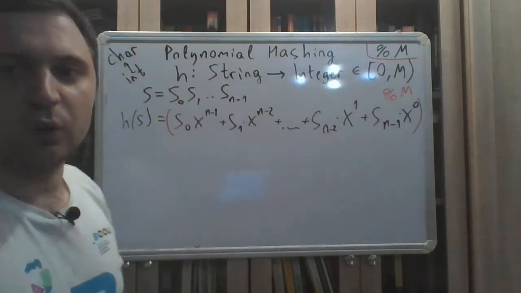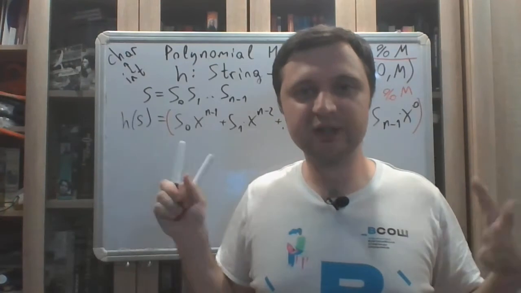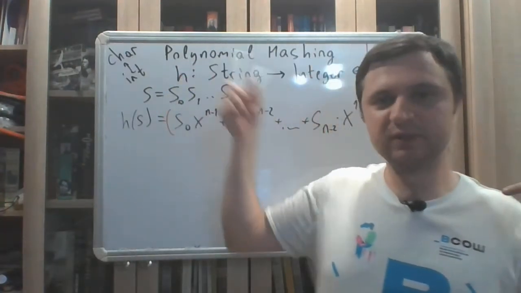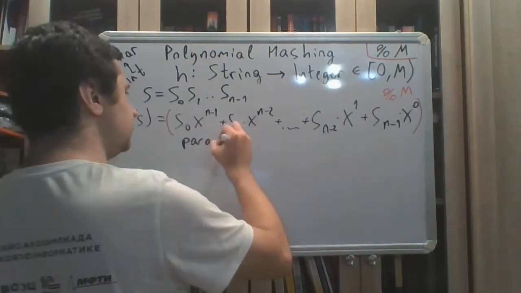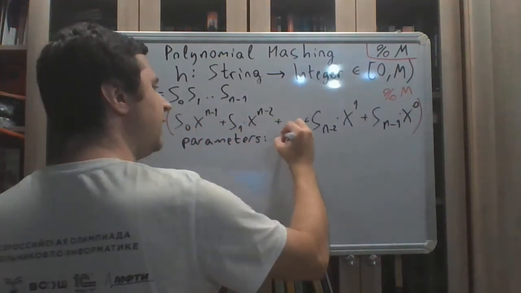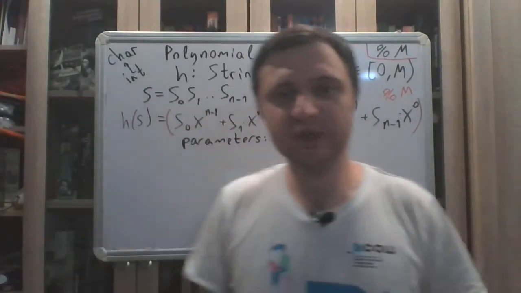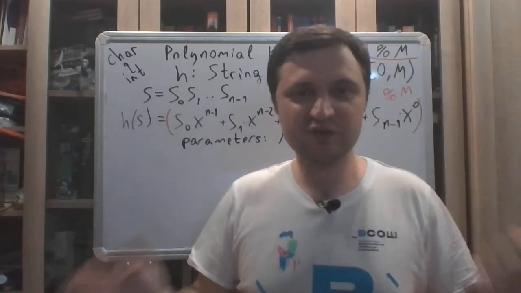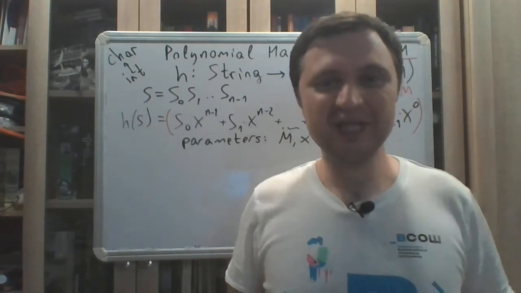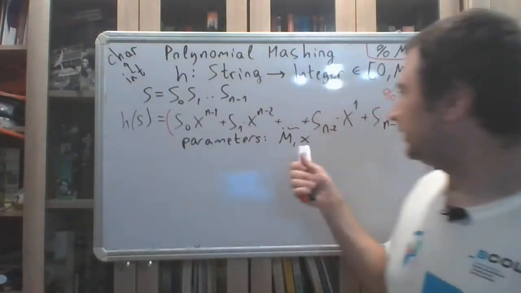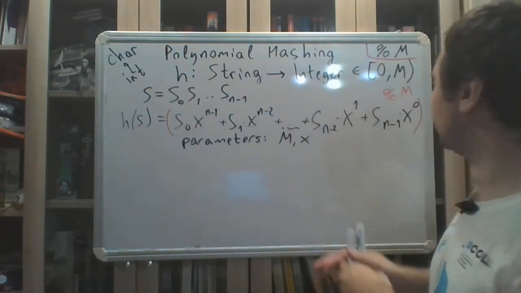All right, so when we say that our strings are hashed by this system, the polynomial hashing, we should just select parameters of the system, m and x. So when we say that we use polynomial hashing, we say like m is 7, x is 3, which is a very stupid thing because all the strings will have hashes 0 through 6. But well, some integers. And once you have selected m and x, and also once you have selected the order,